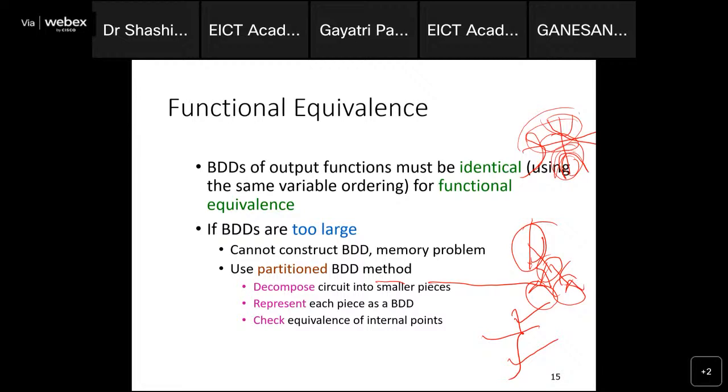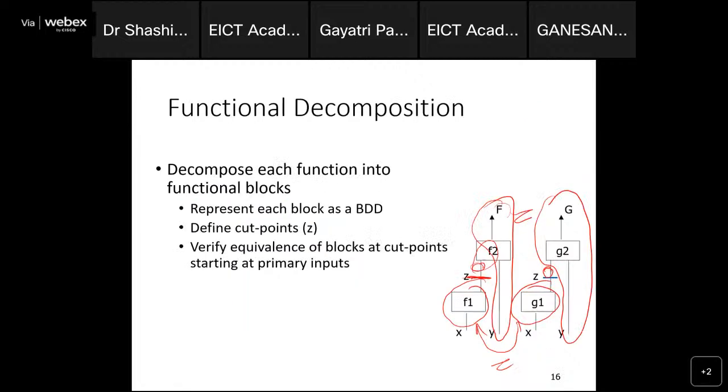So you can check out the functional equivalence parameters on that. Similar to how you can break a big problem into a smaller problem, a system into a subsystem, a subsystem into a block. You can do a block to block compare, and if both blocks are the same, you can derive it as a single block. Similarly here, you can cut down your BDD into smaller BDDs, and those smaller BDDs you can decompose